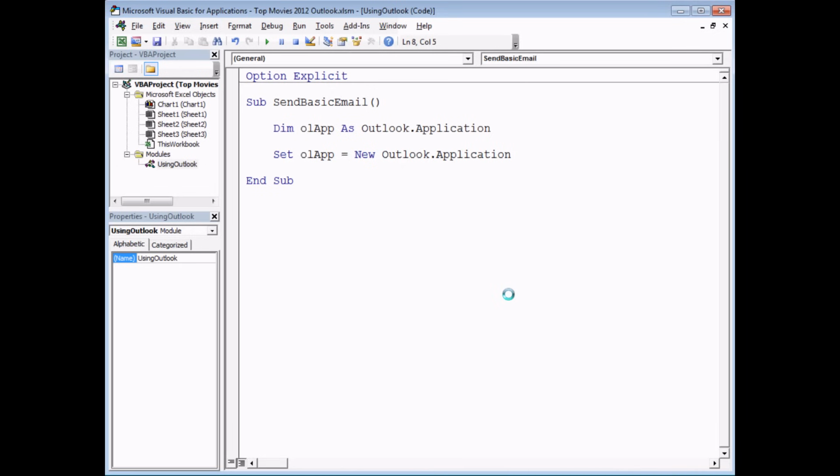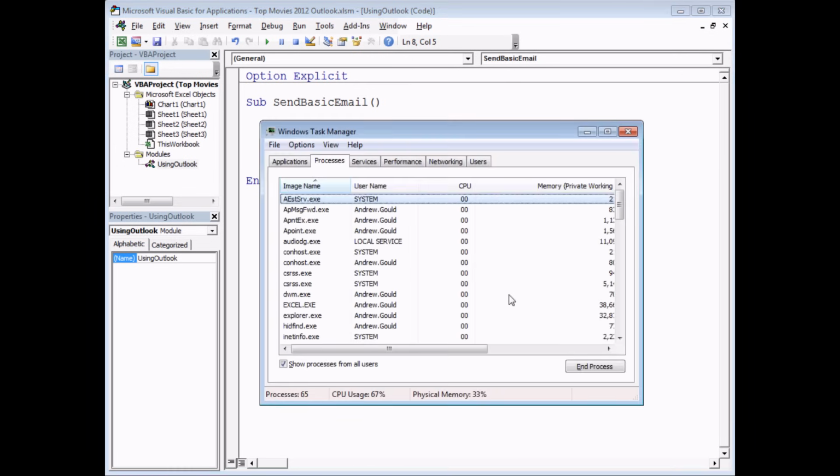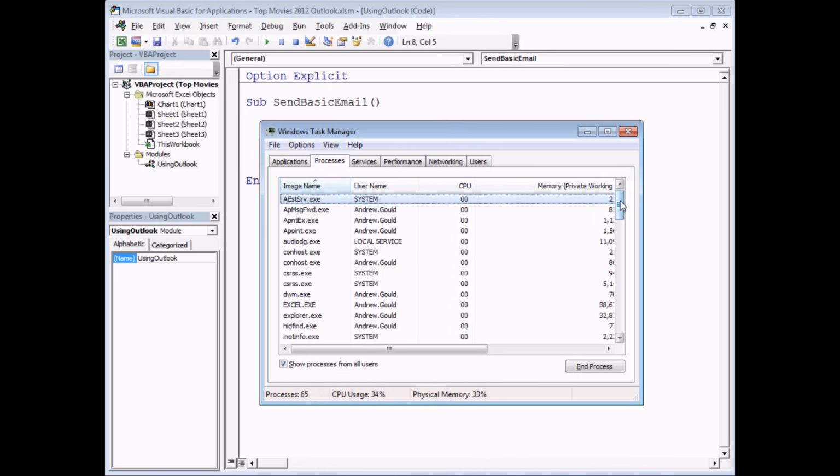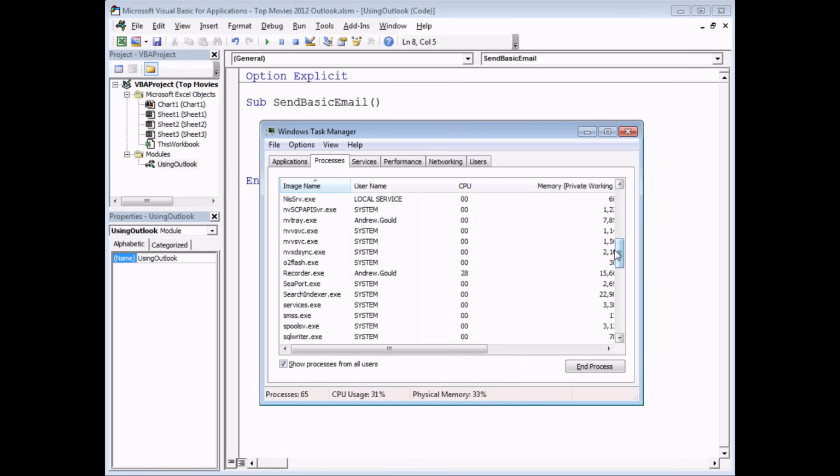One way to prove that Outlook actually is running is to use the Windows Task Manager application. If I press Ctrl and Shift and Escape on the keyboard, that will display the Windows Task Manager. And on the Processes tab, I've got my processes sorted alphabetically by name. I can click on the column heading there to do that. If I scroll down to where Outlook will appear when it is actually running,